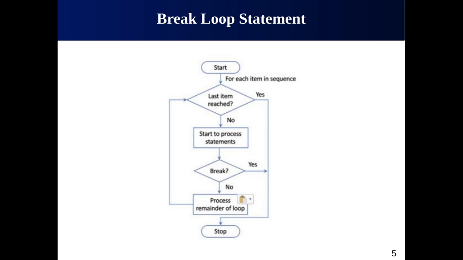If there is a break there, then what you need to do is stop the execution. Do not go back to check the condition in the loop statement. Just break here and go out of the loop. Move to the next instruction that follows the loop, or if there is no next instruction, then terminate the program. However, if there is no break statement inside the loop body, then proceed to the normal execution and check the condition again, and it can be seen with the line having a back arrow.